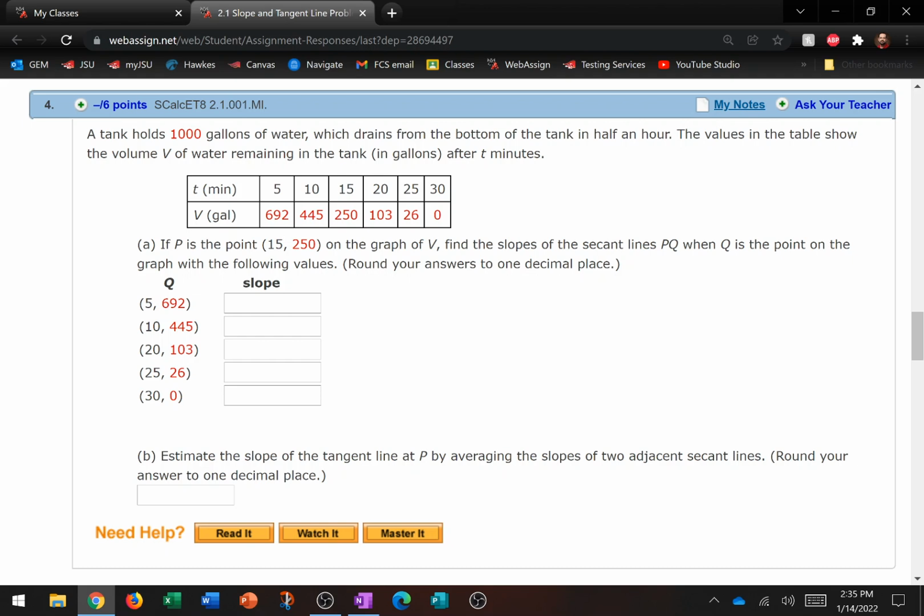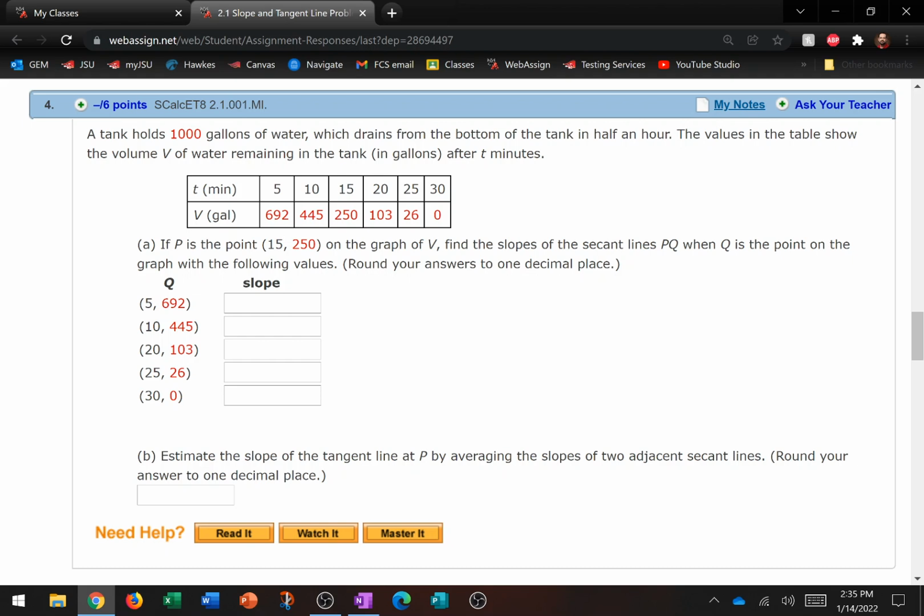And part B is just asking us to find the pattern. Really, it says estimate the slope of the tangent line. But this time it's saying by averaging the slopes of 2 adjacent secant lines. So it's taking the average instead of necessarily looking for the limit. So since we're concerned with the point 15,250, the 2 secant slopes that you want to average together,